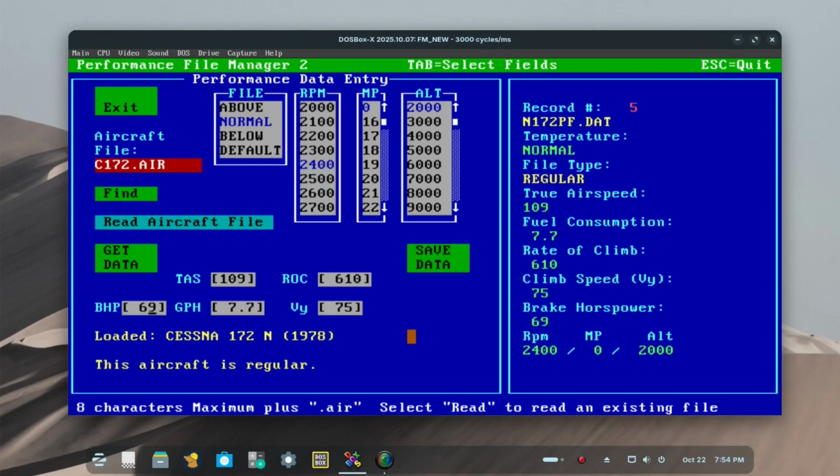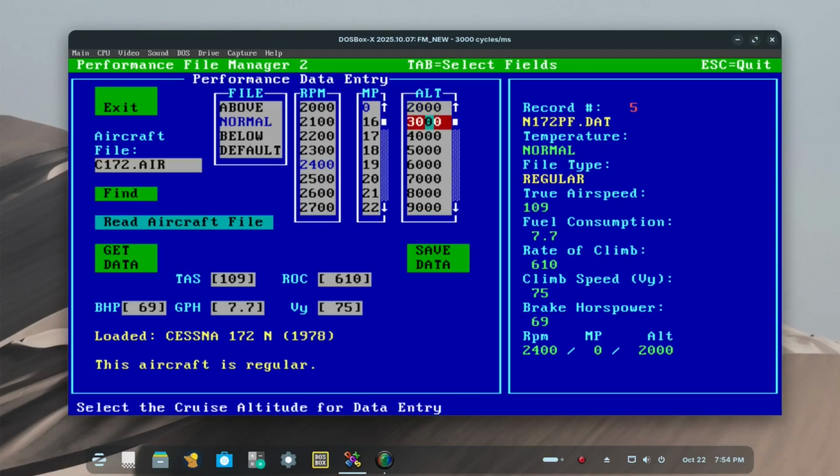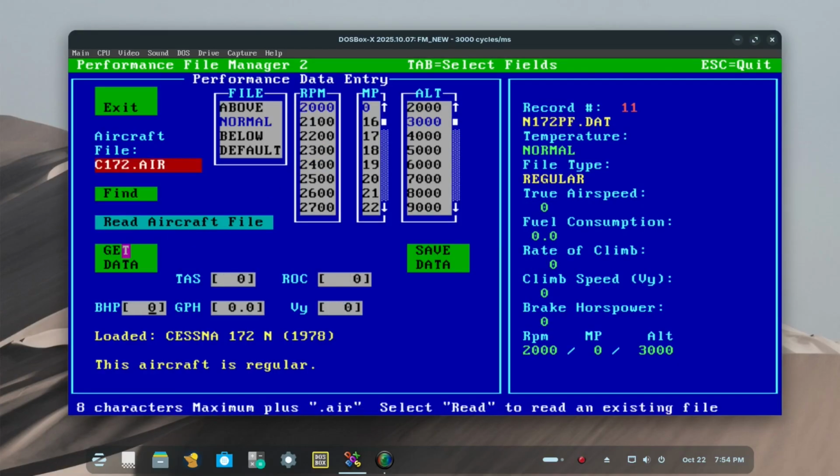I think it's section 5, I believe. But it's the pilot's operating handbook performance section. And you go through and you just work out these power settings for 2,000 feet. Then you work your way up, and you go to 3,000 feet and go back to the 2,000 RPM again. You're going to go, and if there's nothing there, now you don't have to put these zeros in there,